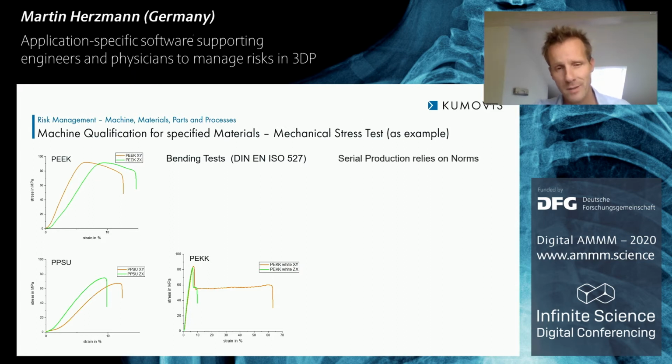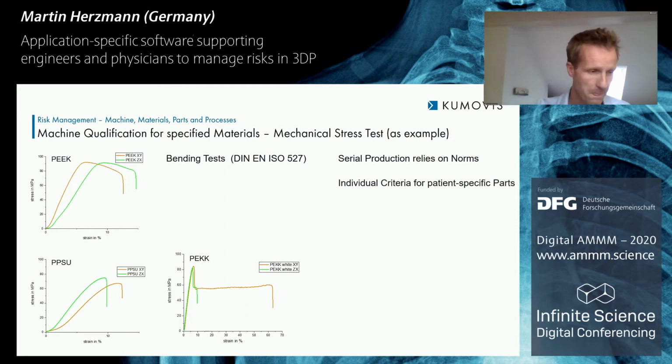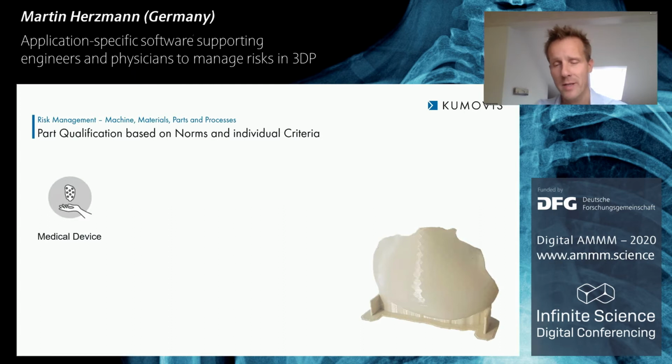Talking about standards, this is used for serial production, and those serial productions must rely on norms. 3D printing offers the beauty of freedom of design, which means we talk a lot about patient-specific implants. And if we talk about patient-specific implants, let it be cutting guides, let it be implants, let it be other applicators, we talk about sometimes individual criteria which come on top of those norms. Those individual criteria, I would like to give you an example on this patient-specific cranial plate, in this case printed out of PEC,